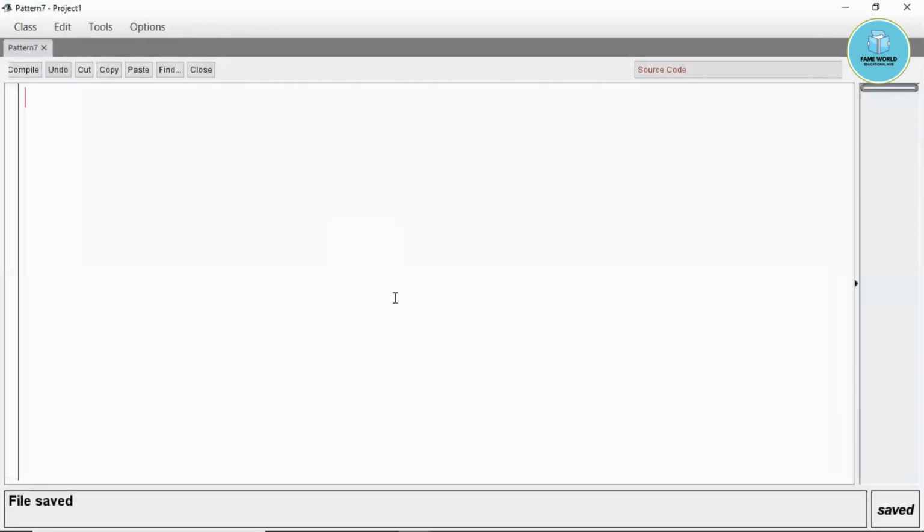So now what I'm going to tell you, first of all let me draw the annotation of which kind of pattern we are talking about. 1, 2, 3, 4. And here we will be having 1, 2, 3, then 1, 2, 3, 4 and again 3, 2, 1. Yes, so this time we are going to take a pyramid structure, this kind of structure which we are going to work with.